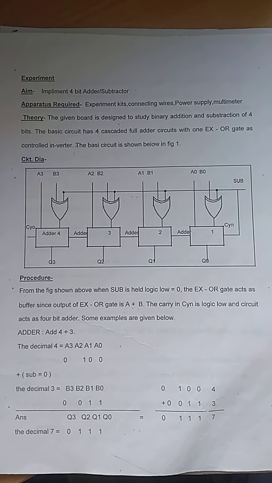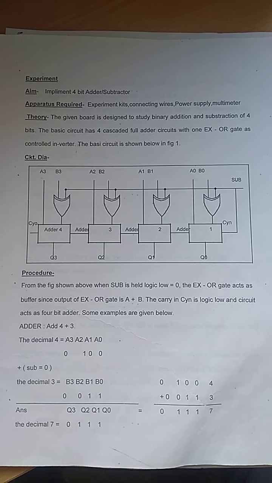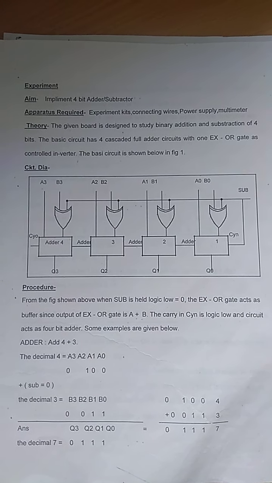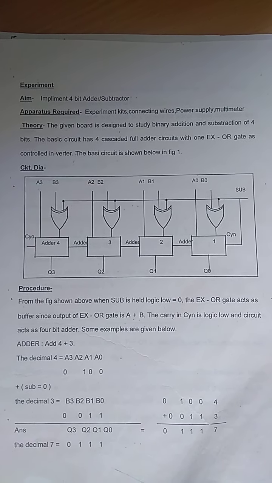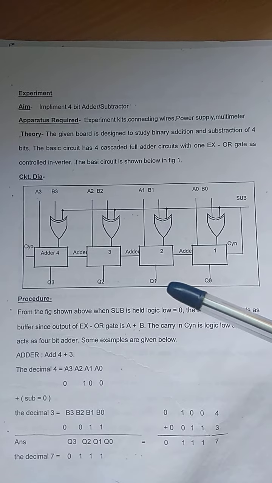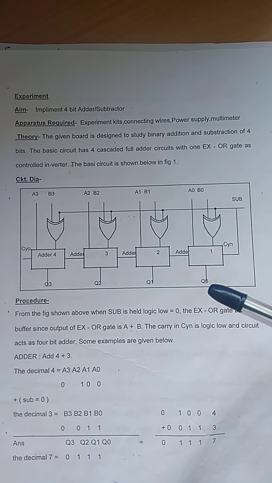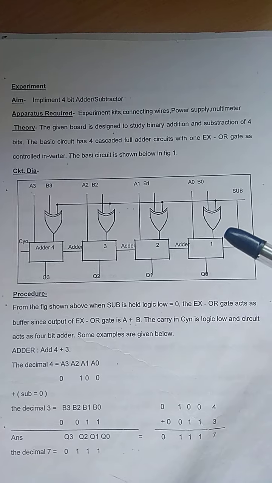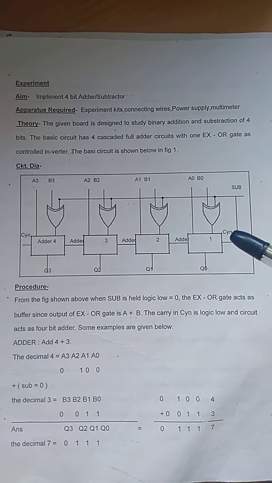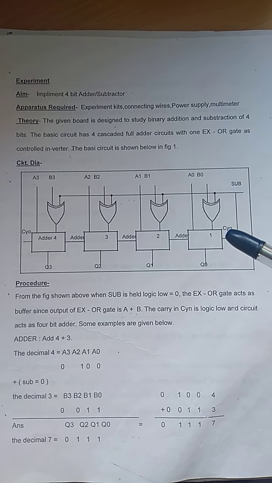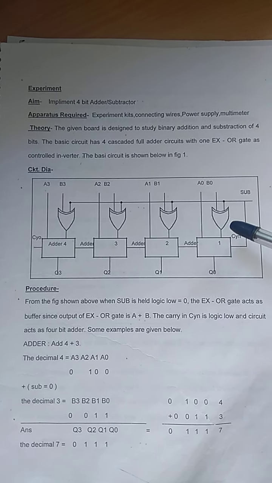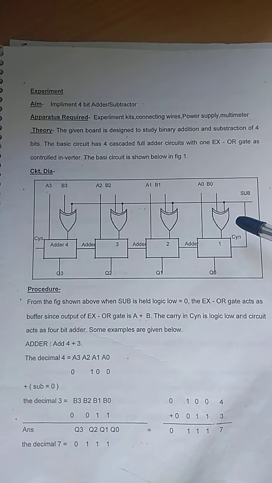This 4-bit adder subtractor is used to add 4 binary bits or subtract 4 binary bits. You can see the component arrangements here. We have used 4 adders in cascaded arrangement and 4 XOR gates are used there with the second binary number, the 4-bit binary number B. You can see B is fed to the adder through XOR.